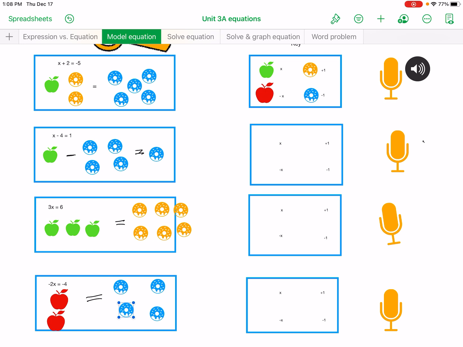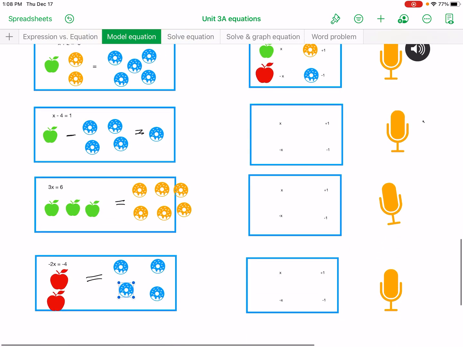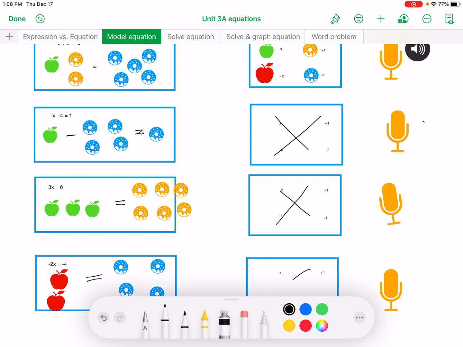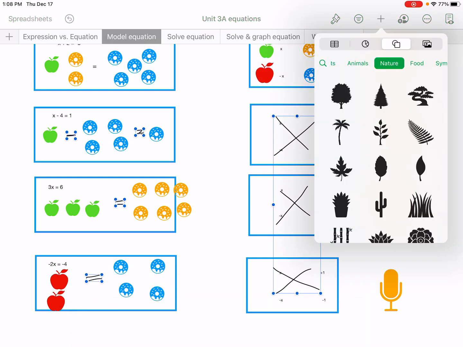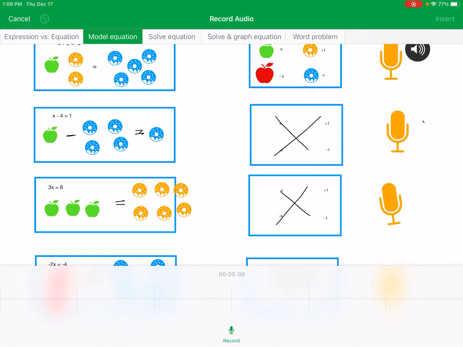Since I used the key and the key for the apples and the donuts, you're not going to have anything here unless you created your own variables and units. Okay? Now here you can record your voice. So I am going to go up to the plus sign. I'm going to add to where it says, it's where the pictures are at the very far right. I'm going to say record audio. I'm going to push record,